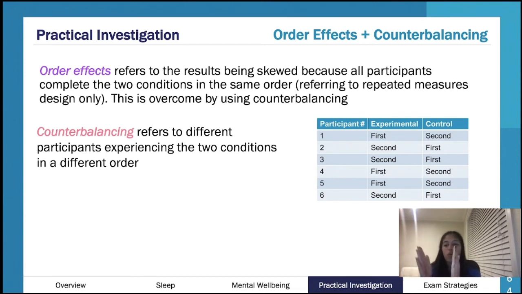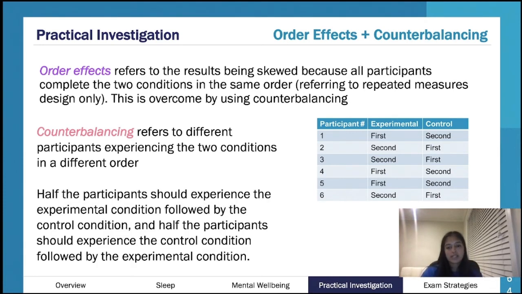So instead of them all doing one task first and all doing one task second, where in the second task they may all perform better than they typically would, if you counterbalance them, it cancels that out. Because you've had 5 people try the driving with the caffeine first, and you've had 5 people try the driving without the caffeine, and then you swap them. So then in your results, you shouldn't have any uneven skewing due to the order effect.